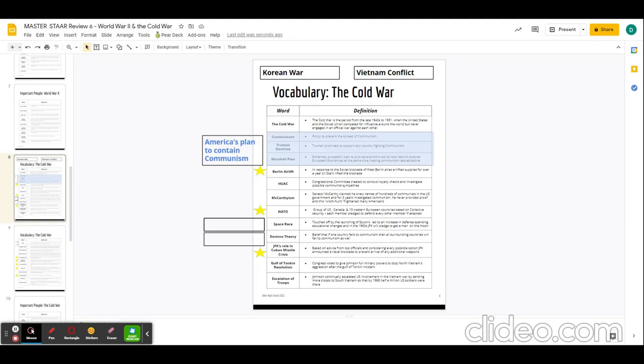The Marshall Plan was an economic plan to help the European countries rebuild after World War II so that they were strong enough to resist communism. So America is going to provide economic aid to help those countries rebuild. Now, Stalin's going to come in and kind of say no for all of Eastern Europe, like they don't want your money, but Western Europe definitely is benefited by the Marshall Plan.